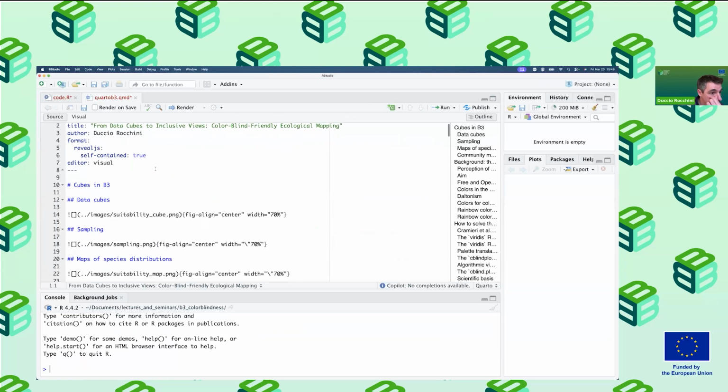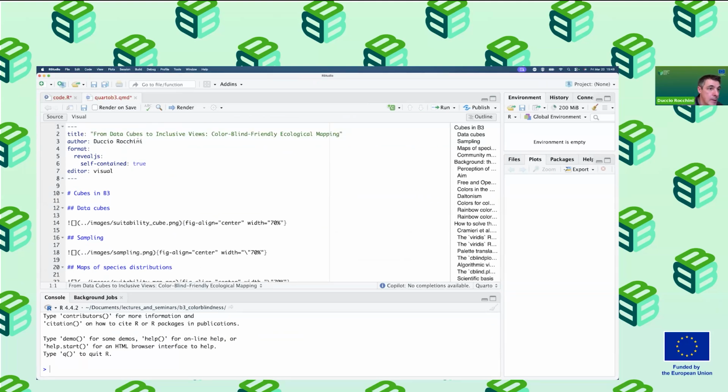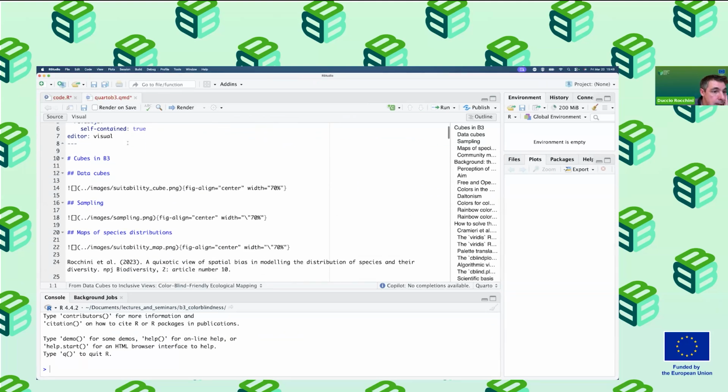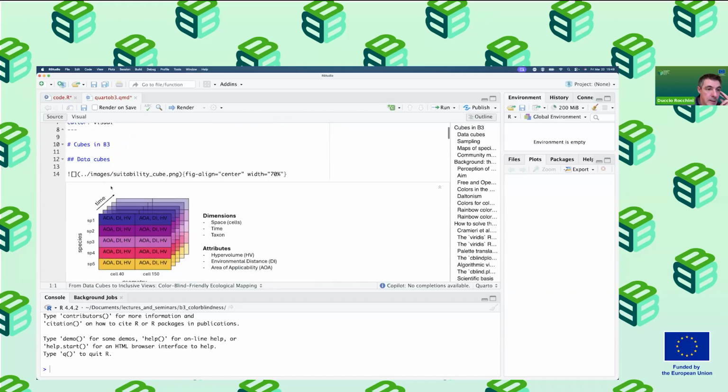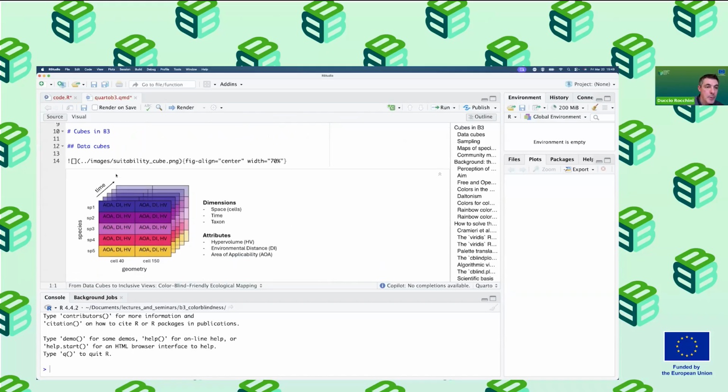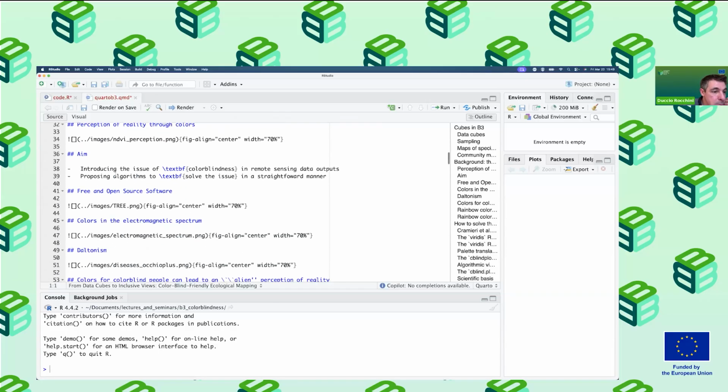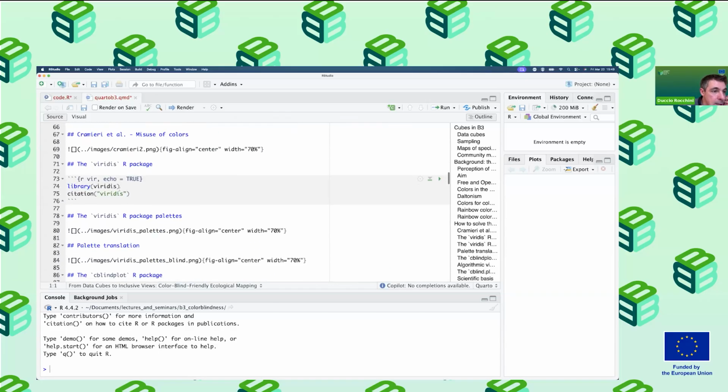So basically, you are making the general header here, and you are putting images like this in your computer, and then you can import the images directly. But the nice point is that you can also make use directly of your own code, and this will lead to the output. As an example, if I'm putting the Viridis package, I'm just going to put the code, and then the citation will come out directly in the Quarto final